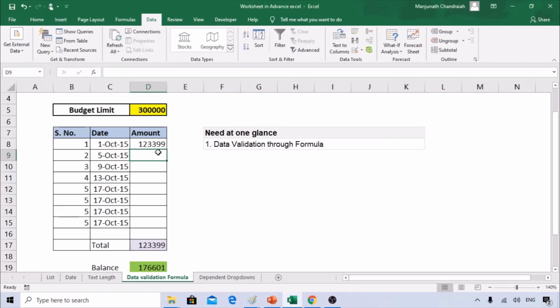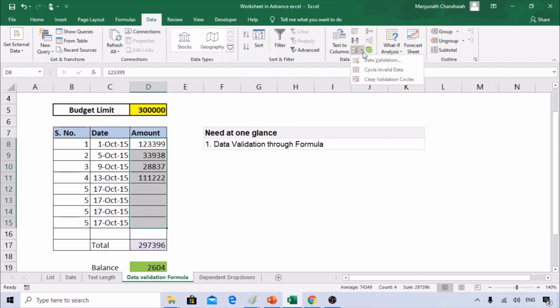That is also helpful where somebody who is updating the values mistakenly adds an extra 0. You should not accept that, because the budget limit is only 3 lakhs. So very simple and very helpful. These things will help you avoid unnecessary typo errors, and again reworking on the same file. So what we did, I'll show you,